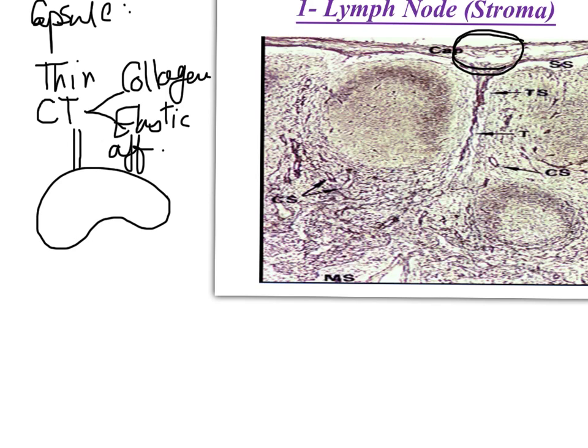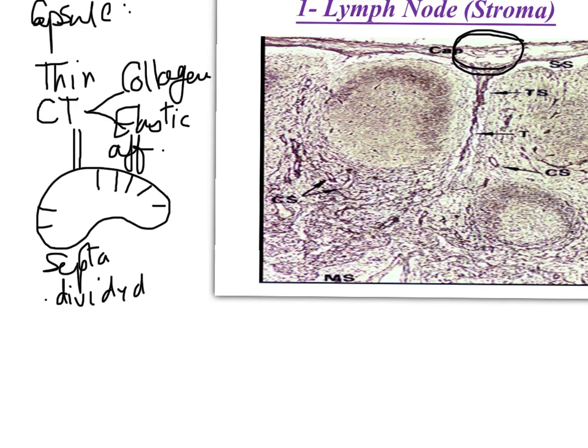Then, as regards the trabeculae, here we have the trabeculum arising from the undersurface of the capsule. This is one trabeculum, or one of the septa. What about the knowledge you should have about the septa? The septa arise from the deep surface. This is the first important information. And it divides the